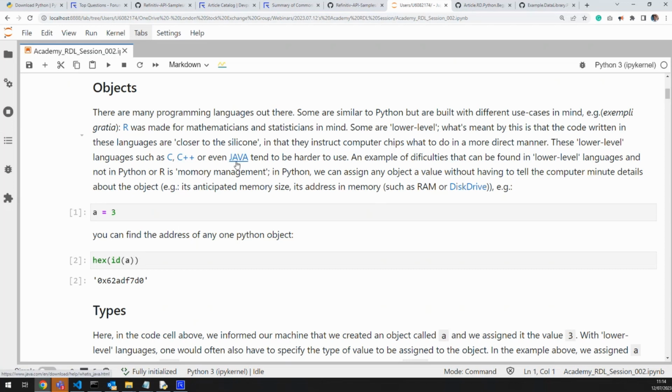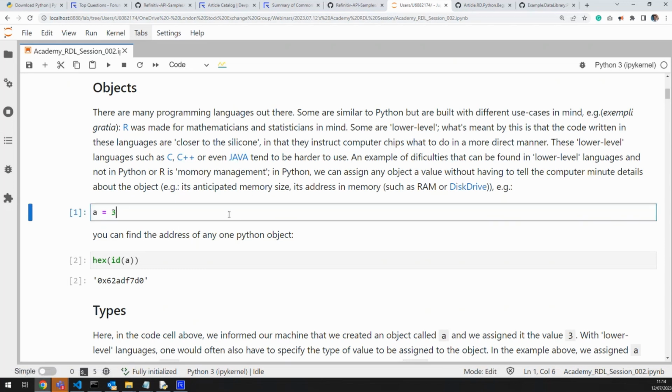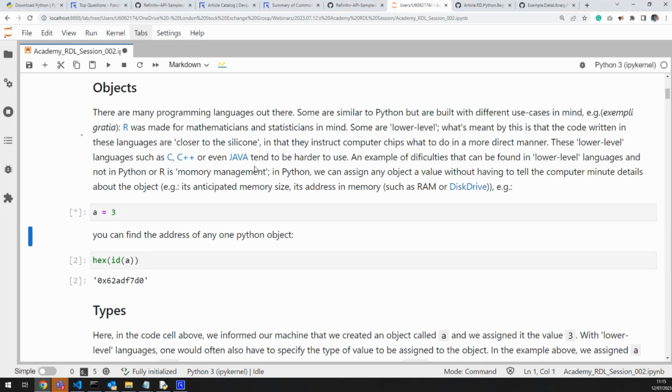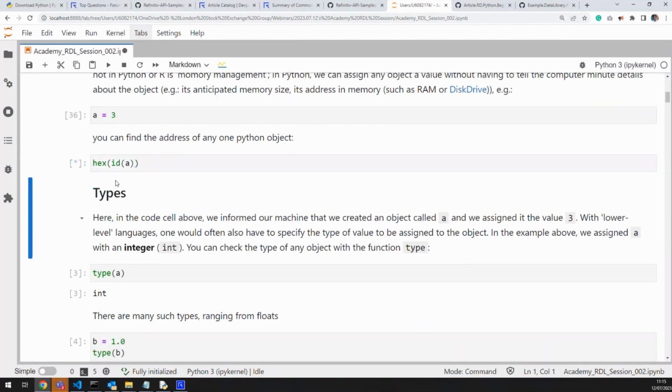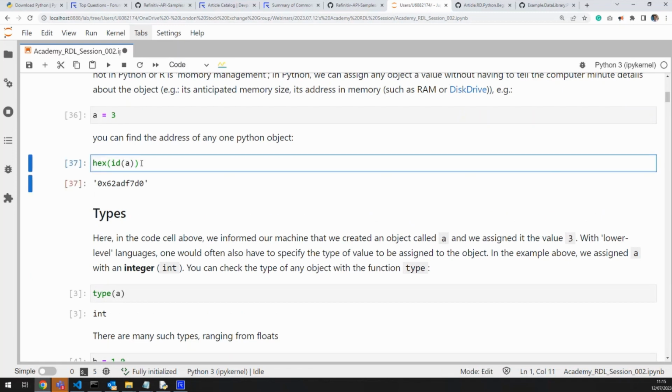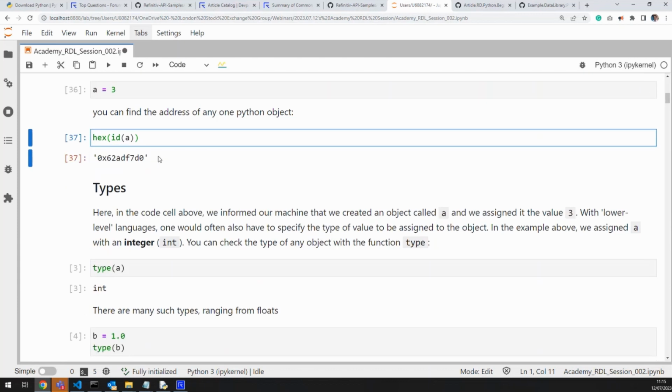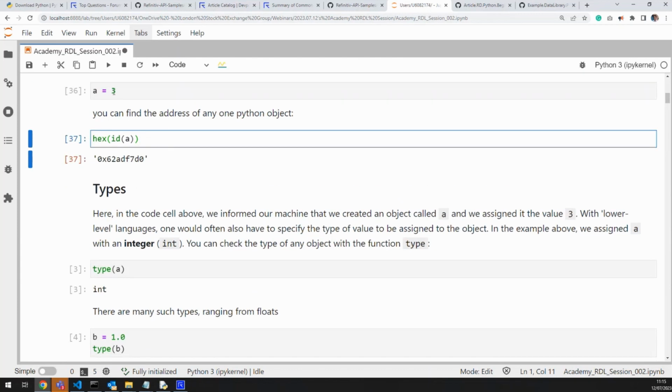There are loads of such languages, but within Python there is something quite interesting, and that's the fact that you do not have to tell your computer where the memory is. So here, for example, I could create an object. What I mean by that is that I am assigning the object A the integer 3. So I'm saying A now is 3. When I'm doing this, I do not have to tell the computer where this information is. With a function such as hex ID, I can find out exactly where that object is. But when I said A equals 3,